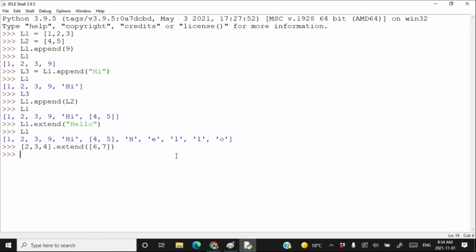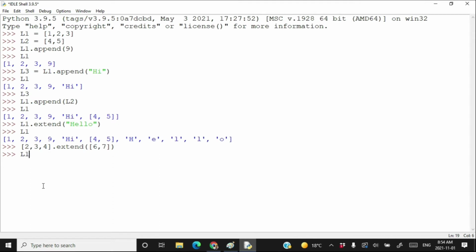So press enter. Oh sorry, extend method has not returned anything. That's why it has not printed anything. Of course this list was changed, but we do not have any provision to print this list now because this was not stored in any variable. So we got nothing as the output.